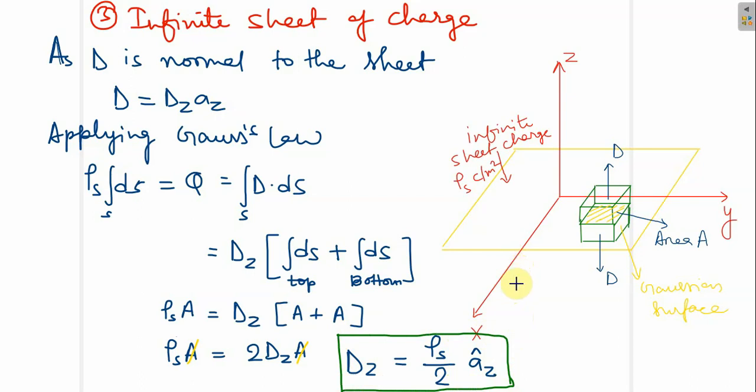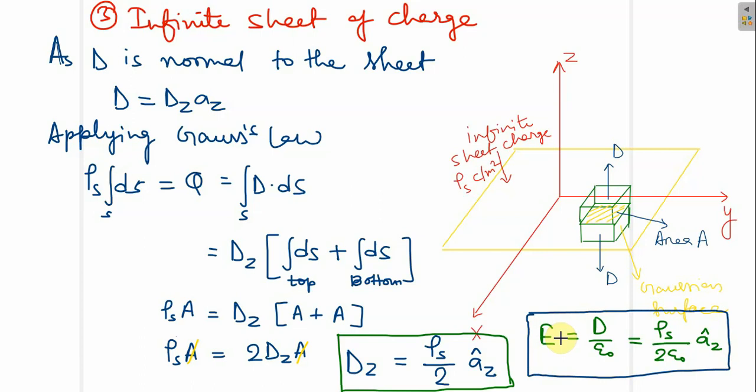Okay. Now if we calculate the electric field intensity, E equals D upon epsilon. So if you put in rho s upon 2 epsilon 0, the direction is az. So in this way we can calculate the electric field intensity also. Okay, not only in this case, but in the previous cases also, like for the line charge and point charge, if we have estimated D, there is no problem of estimating E, which is simply D upon epsilon 0. So in the earlier cases also we can determine it like this. Fine.